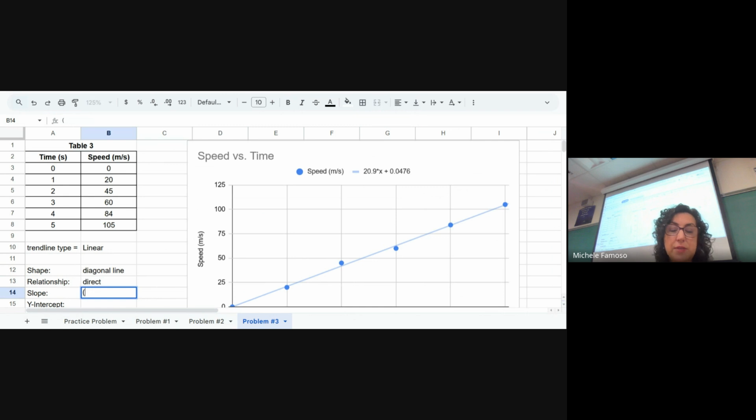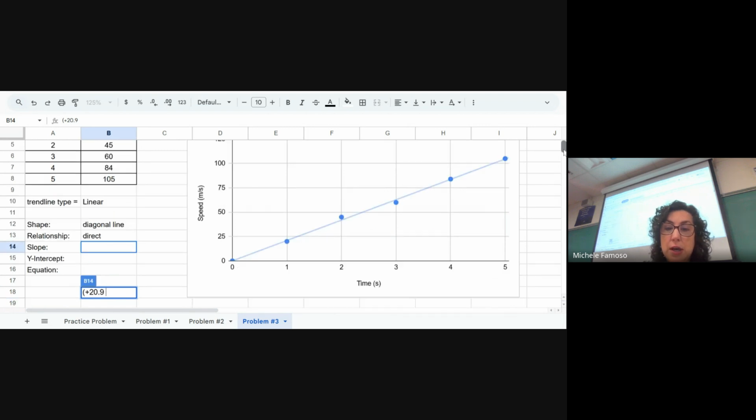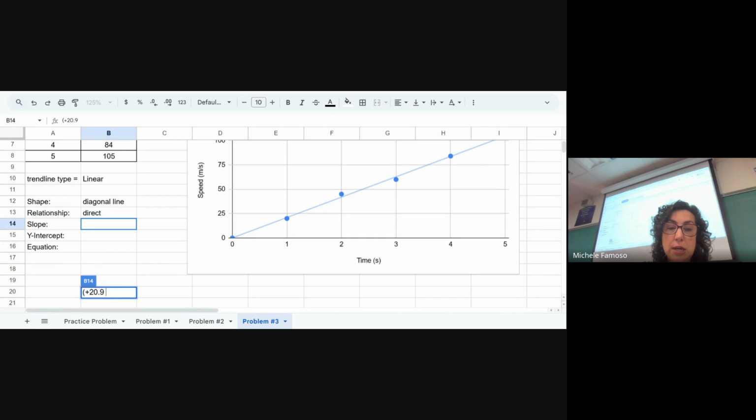I'm going to put it in parentheses. Anybody tell me what the slope of this graph would be? Right? Okay, that is the value. Is it positive or negative? So make sure you put the positive sign. Now we have to get the units. What units are we going to put on this slope? 20.9, what? M/S